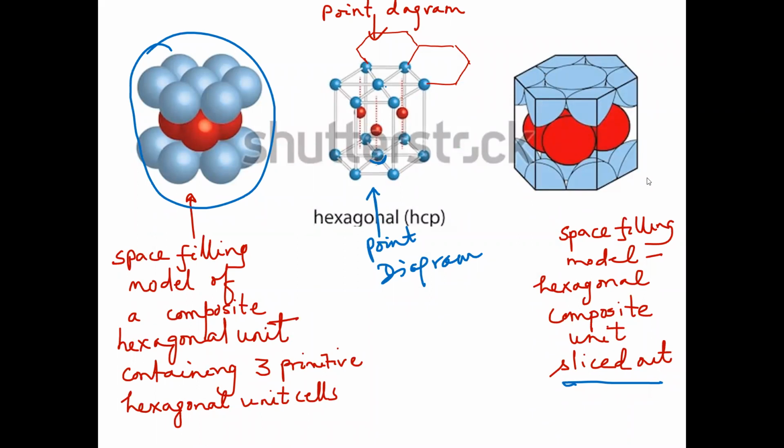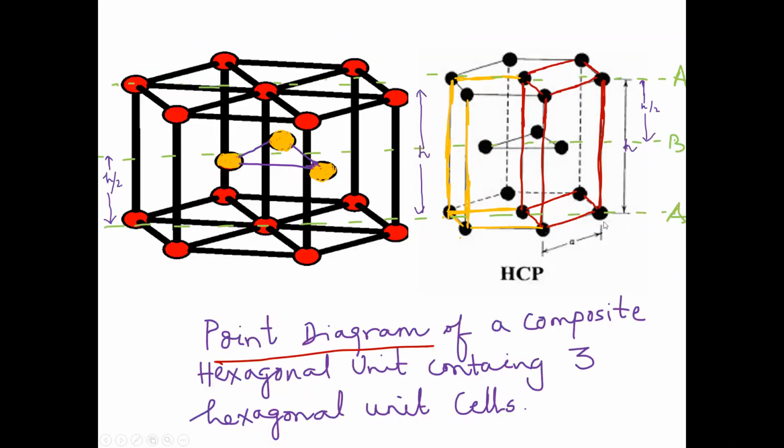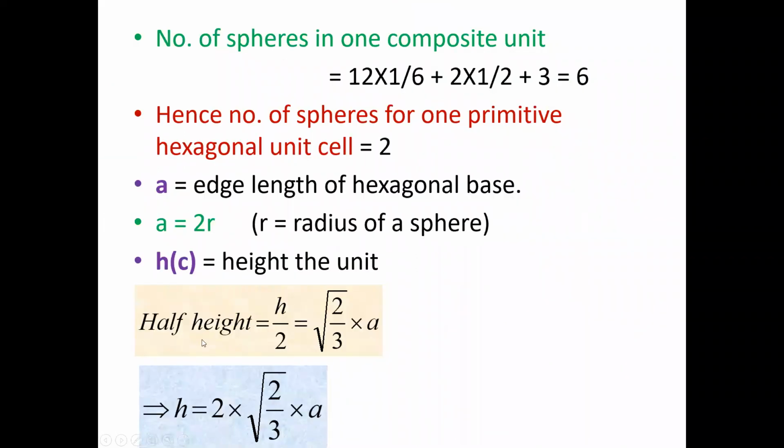So this is the length A, that is any hexagonal base edge A, and this is the height C. The one which we are talking about, C, I have taken as H, which is different from A. These all are A in the hexagonal base, these all are A in the hexagonal base. Let us do a little bit of geometry.